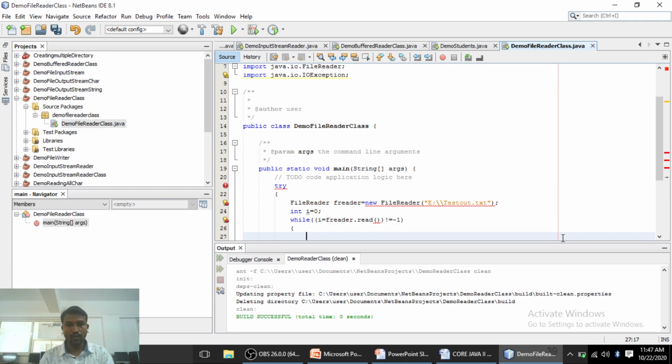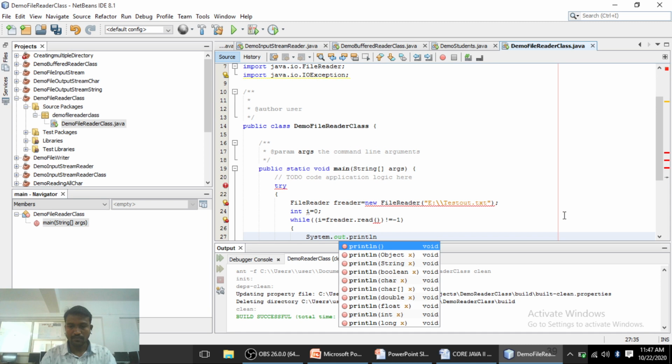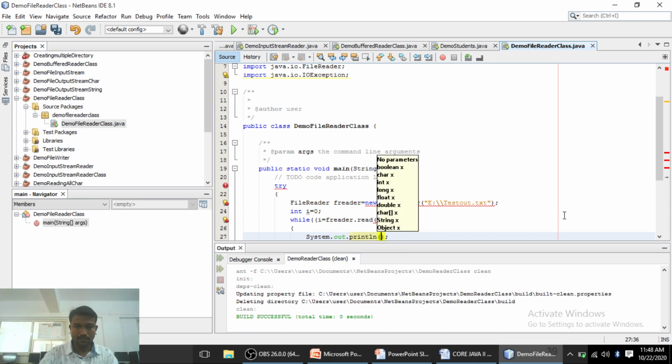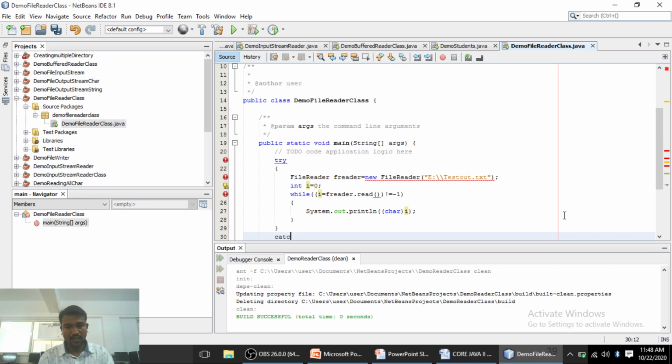In the while loop we display the characters: System.out.println, inside it (char) i. Outside the try block we use a catch block, because whatever exceptions are thrown by the try block will be caught by the catch block.